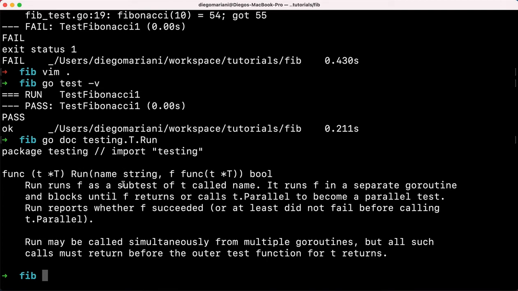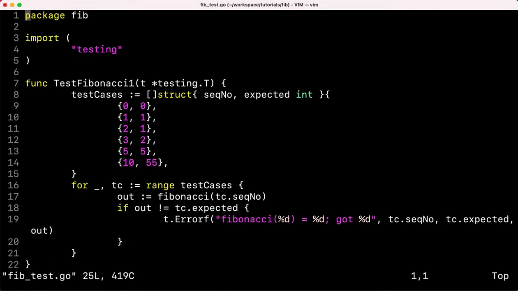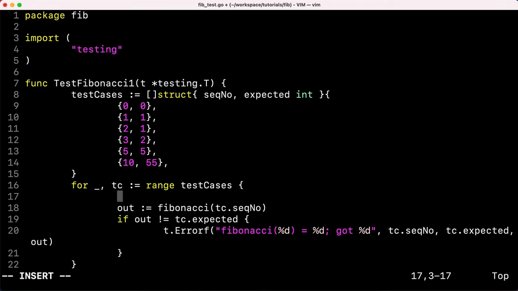So it runs subtests in separate coroutines. So it allows you to write, if you have very CPU intensive operations, you can use that to speed up your tests. And that's another thing that you can do once you have table-driven tests in there. So the t.Run, it allows you to run in a different coroutine. Here is a test case name that we're gonna see now in a second. For now, just gonna have, say, test case number based on the number here,